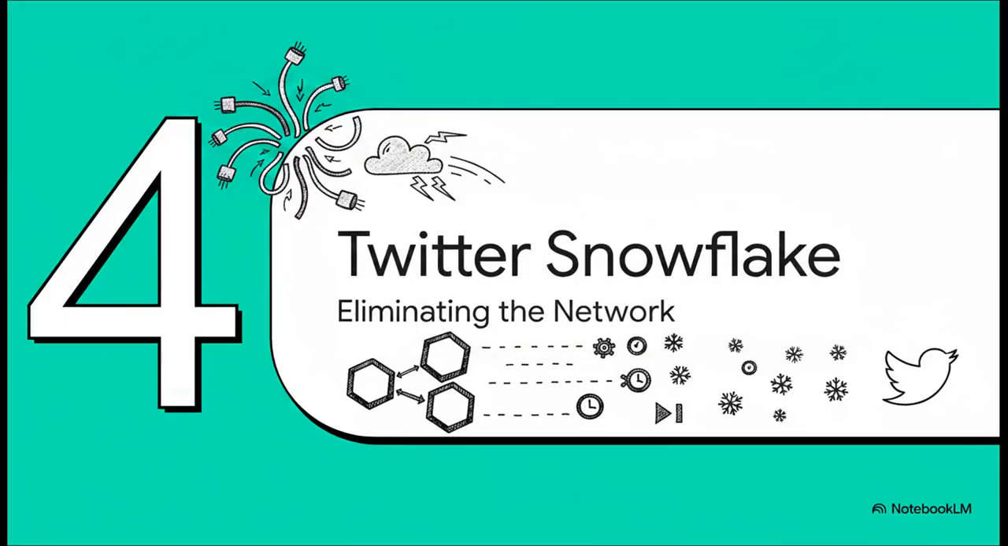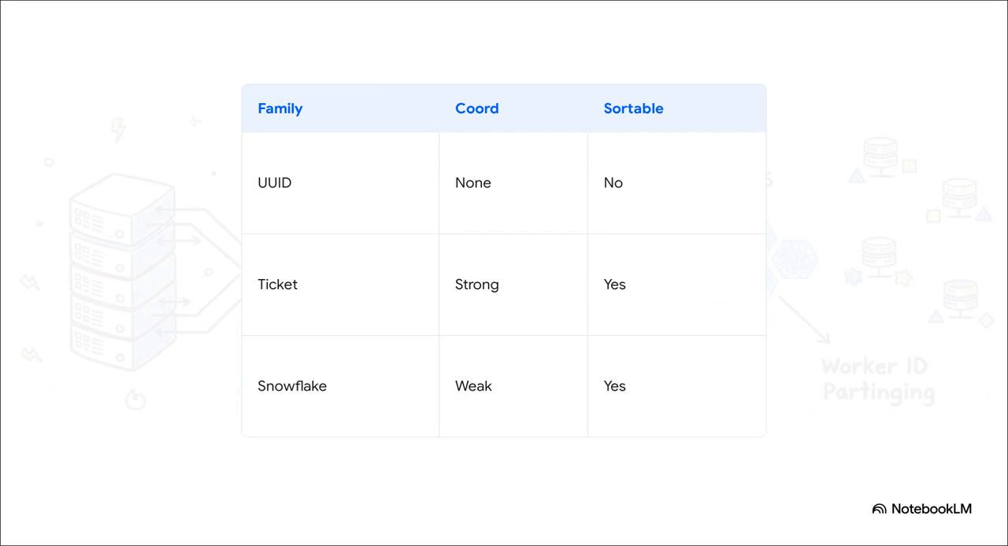Section 4. Twitter Snowflake, eliminating the network. The thing is, centralized database servers, even highly available ones like Flickr's ticket server, they still add milliseconds of network latency to every single insert. To solve this, let's compare our previous approaches against the ultimate decentralized solution that almost all modern platforms use today, Twitter Snowflake. Notice how UUIDs are uncoordinated but terrible for indexes, while the Flickr ticket server is index-friendly but requires strong network coordination. Snowflake finally achieves the holy trinity of scale: zero network coordination latency, built-in time sortability, and perfect